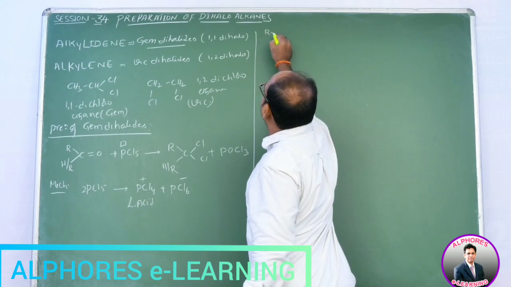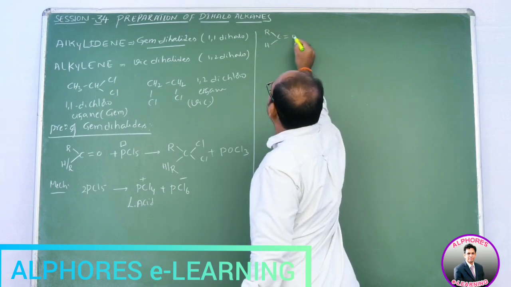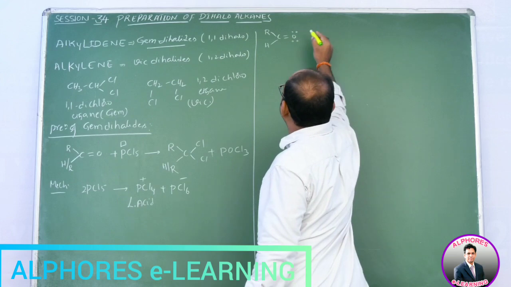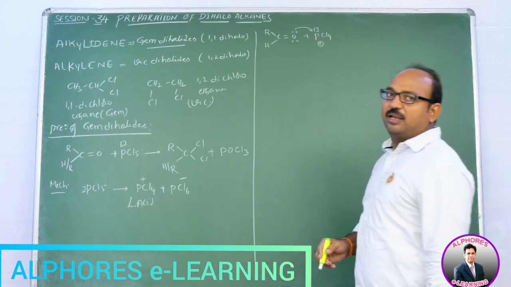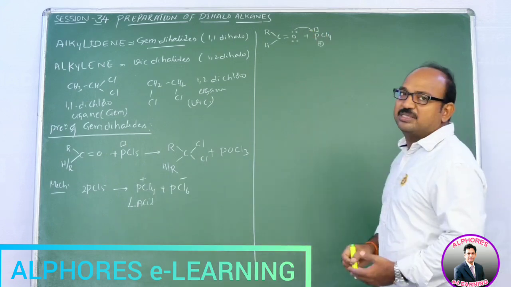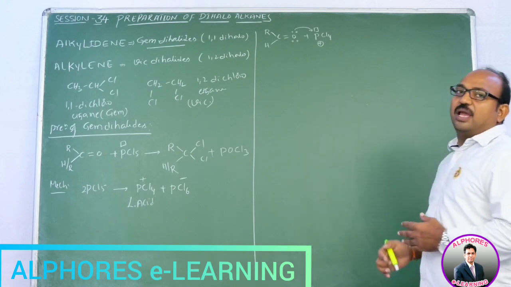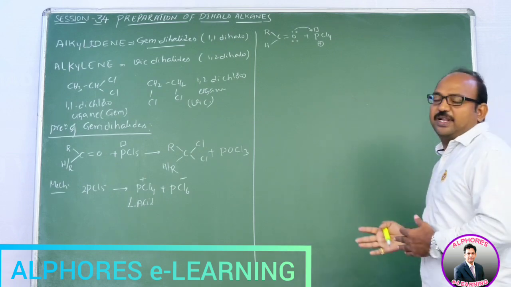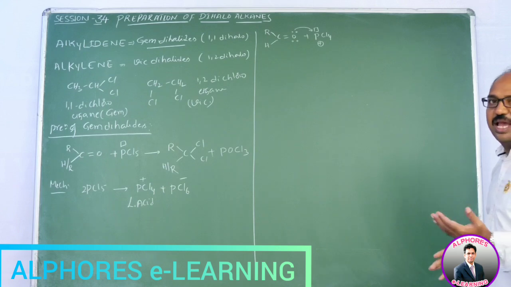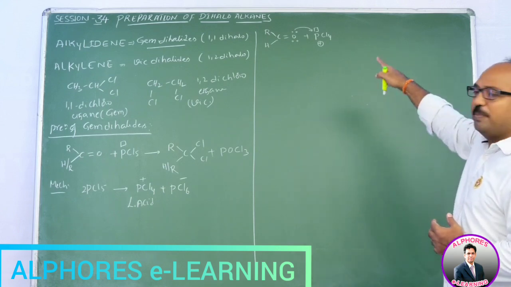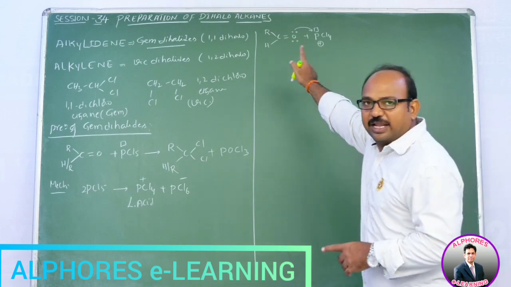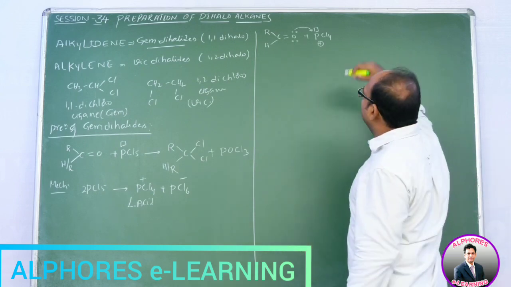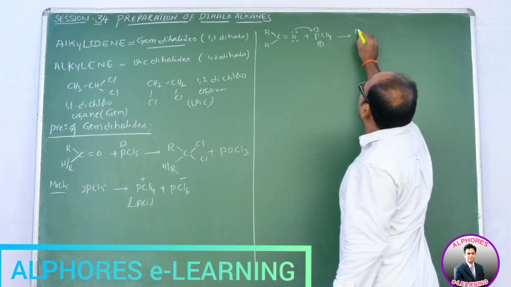Let us see here RC=OH. Here oxygen possesses two lone pairs and phosphorus possesses a vacant d orbital. Into its vacant d orbital, oxygen is going to donate. Here oxygen acts as the electron pair donor, and phosphorus in PCl4+ acts as the electron pair acceptor. So the electron pair acceptor is the Lewis acid and the electron pair donor is the Lewis base. This reaction is nothing but a Lewis acid-base reaction. Then what mechanism proceeds here?